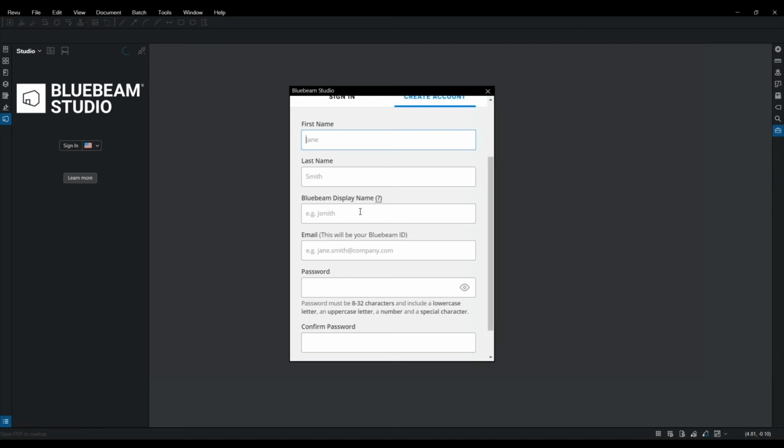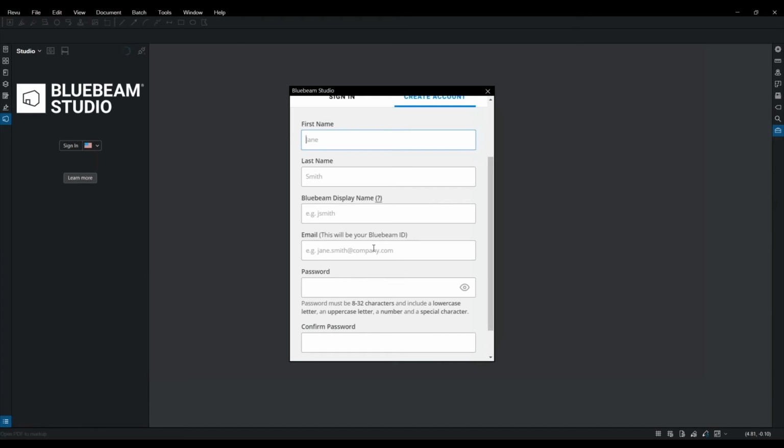The display name is really how people are going to be able to identify who made what markups within the software. The example they give here is first initial, last name. You can also feel free to do your first name, last initial. My personal opinion, I like to tack on either my job title or my company name at the end of that. That way, if I'm Sarah S., and there's quite a few of them out there, we don't have to worry about which one made that markup, because I'm going to have Bluebeam at the end of it or trainer at the end of it, and people are going to be more easily able to track me down and know that it was me that made that markup. So for your display name, I highly recommend putting some sort of dash company name or dash your job title there, just to help track that process down.